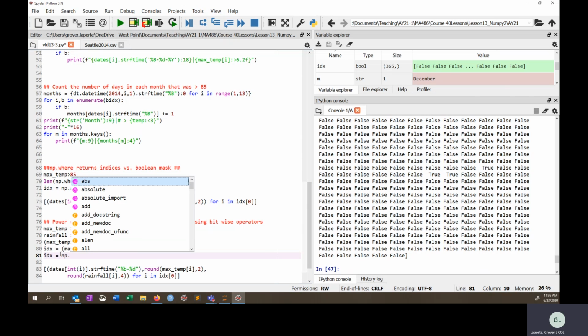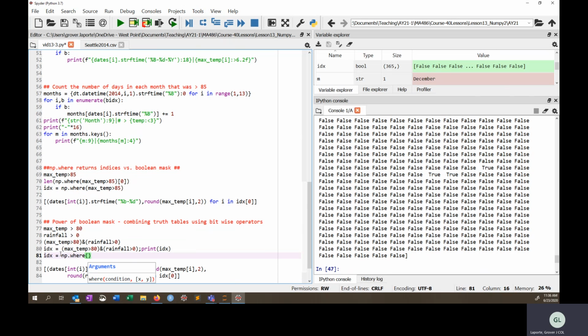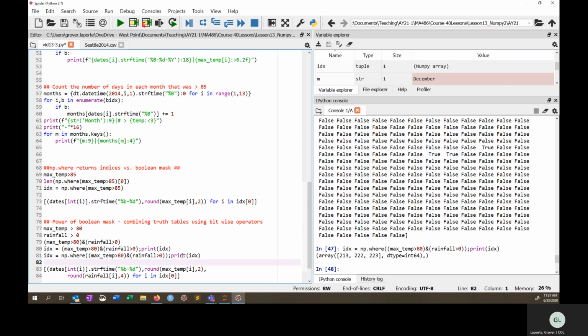And then let's do np.where. Again, I'm going to use two of these Boolean masks. So I'm combining the Boolean mask and the np.where command just to show you some of the power that can happen. Let's grab both of these and throw them in my np.where command. And now it looks like it occurred at index 213, 222, and 223. So if you wanted to know those dates,